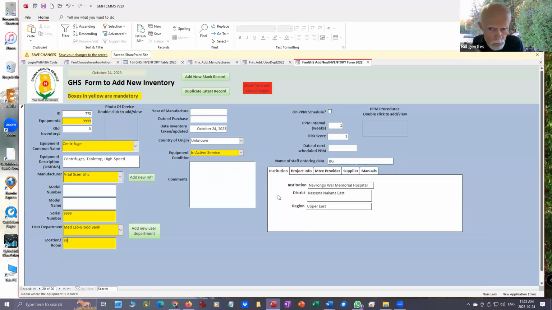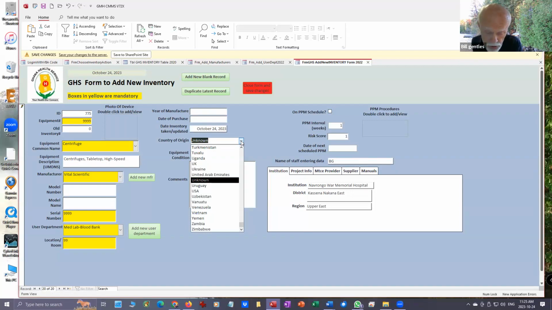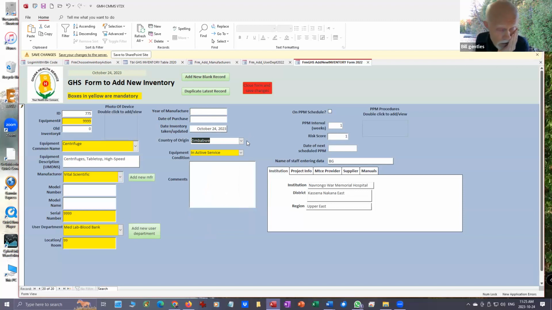Now that's all I'm going to talk about today. There are other things which you can feel free to explore. This country of origin is a pull down list of all the countries in the world that I could find from, I can't remember, there's some database. Anyway, there should be all the countries you can find in the world. Here we'll put something, I don't know, Zimbabwe in here. Doesn't matter, but